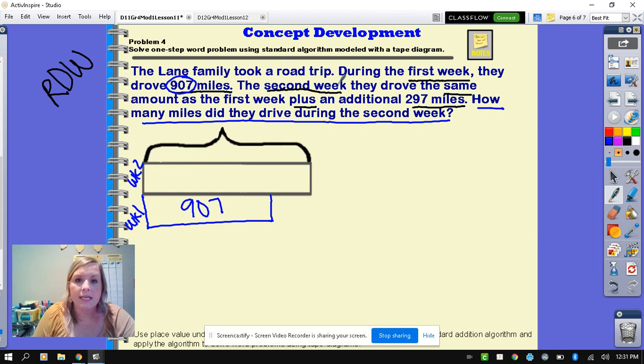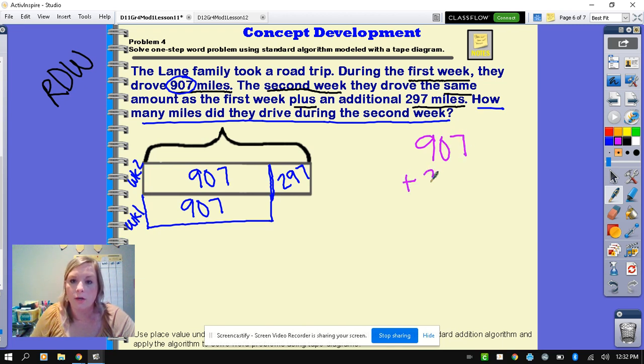Now, the second week, they drove the same amount of miles as the first week. Okay, so that means we know for sure that they drove 907 miles again. It says plus an additional 297 miles. Okay, so how many miles did they drive during the second week? We only want to find out the second week and not the full amount of both of the weeks combined. So this shows us here we're going to add 907